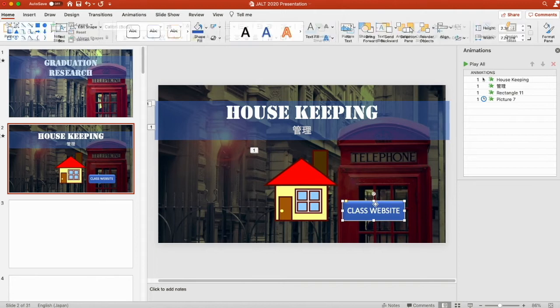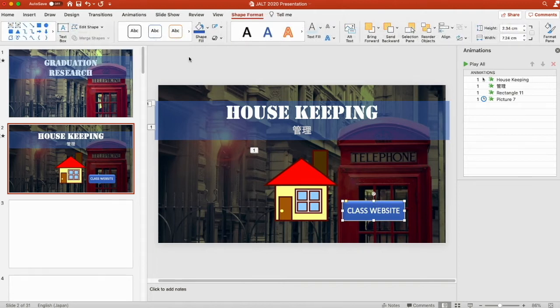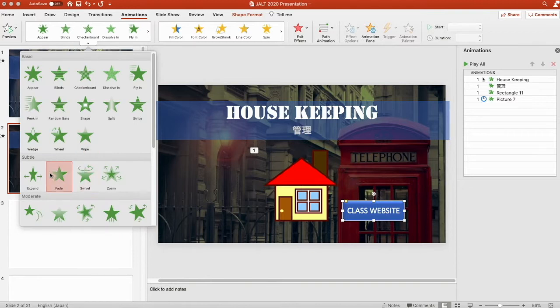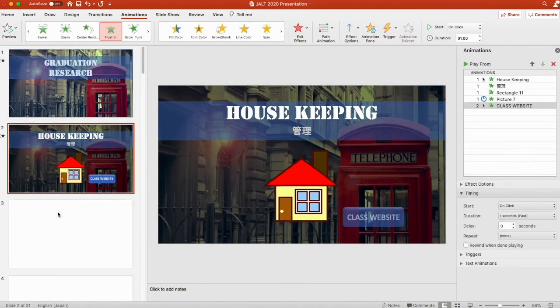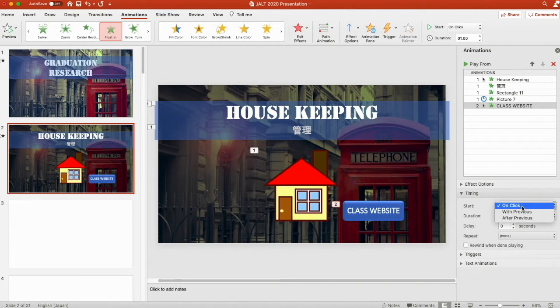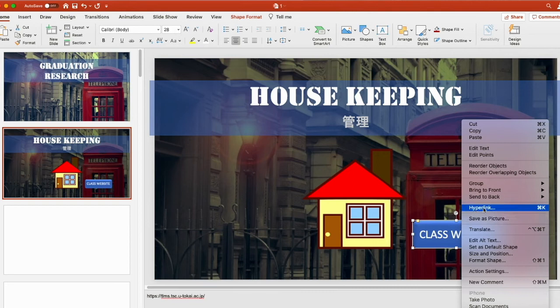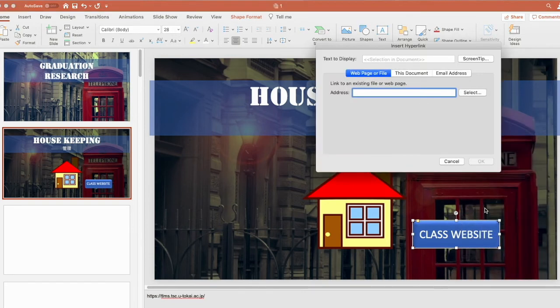Now the trick here is to click on the shape. If you right click on the shape, oh hang on, I'll just animate it. Let's have that floating in with the image of the house. Okay. And click on the shape, right click on the shape, open hyperlink. And in the address, the URL address